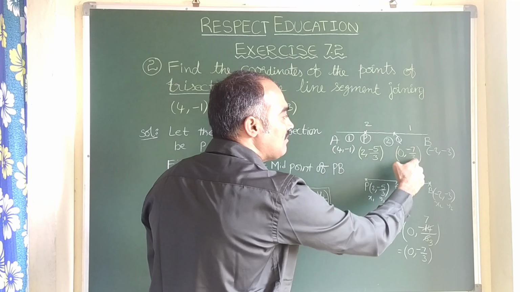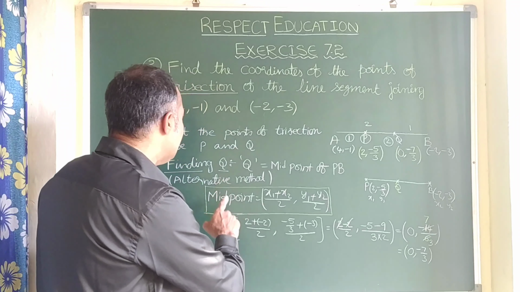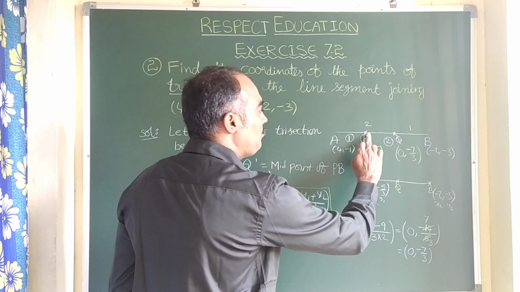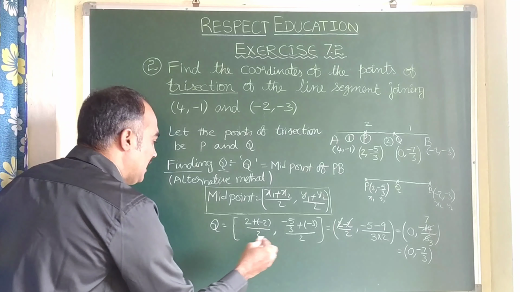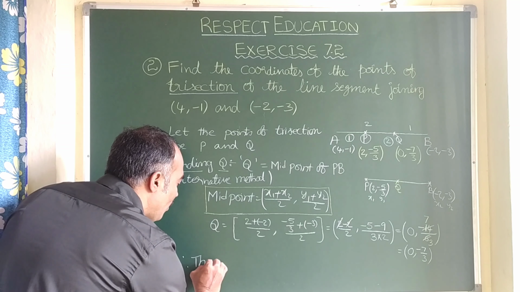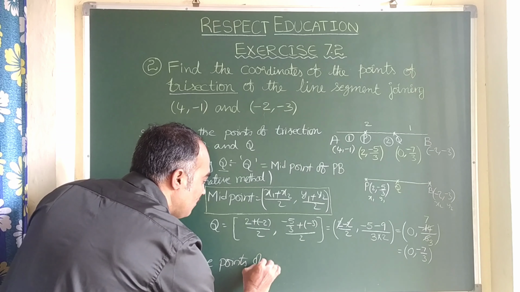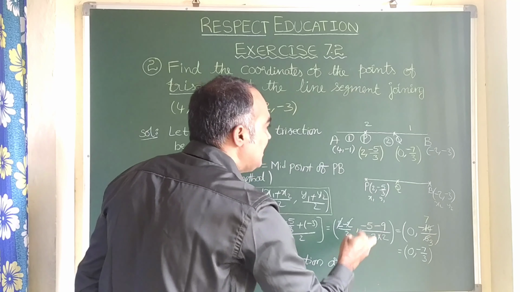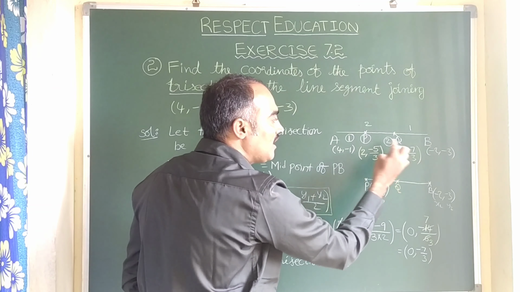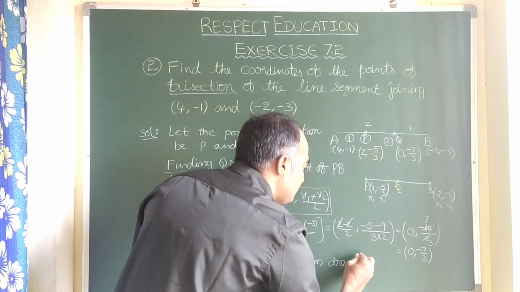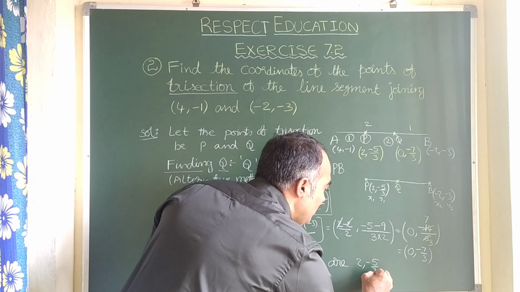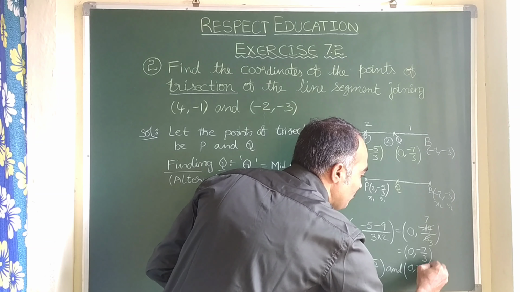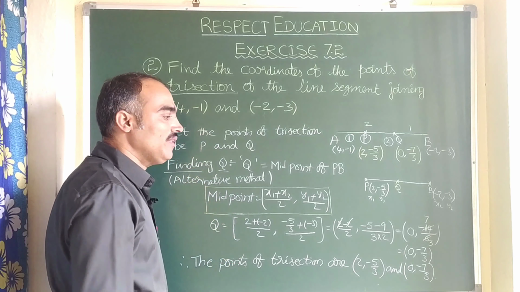Here you see, earlier we also got 0 comma minus 7 by 3. That means this is the alternative method to find Q by using the midpoint formula. However it is, finally we got the P value and Q value, those are the requirements. So let us write, therefore the points of trisection are, let us write the points in the same order. You don't change the order again. First you write the P value only, that is 2 comma minus 5 by 3, and the second one is Q, that is 0 comma minus 7 by 3. With this the second problem gets completed.